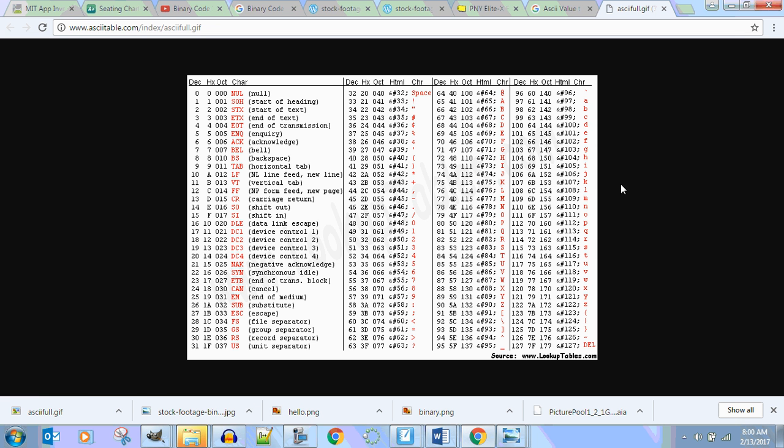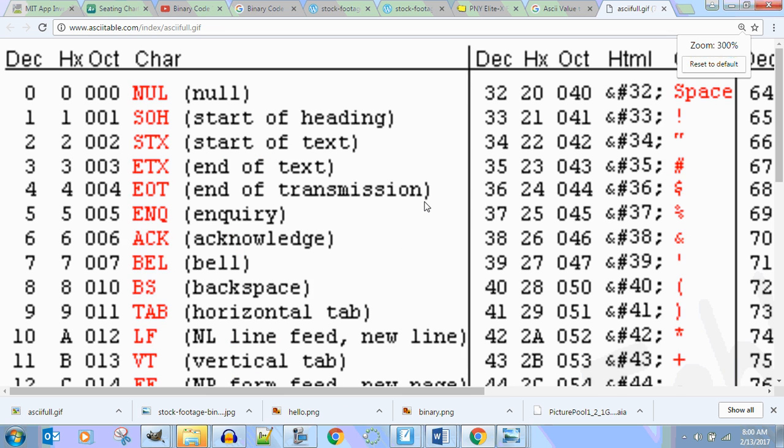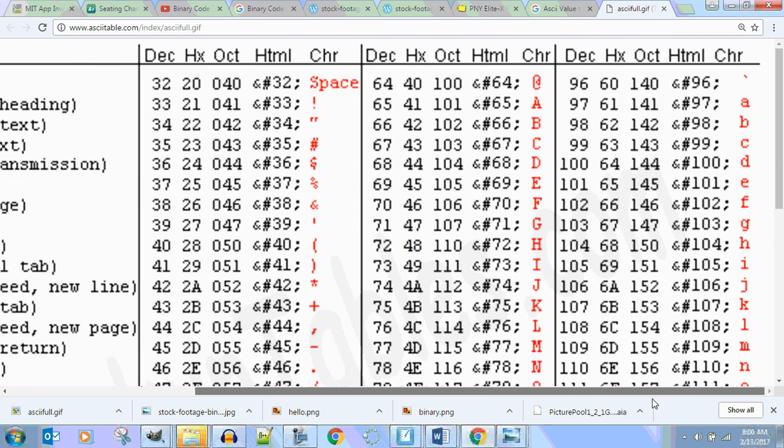All right, so let's learn how to read this. Can everybody read this? Okay, look. A capital letter A, does everybody see this? A capital letter A is 65. Do you see that? A capital letter B is 66. A lowercase a is 97. Lowercase b is... Now, do I want you to memorize this? No. Okay? Look at this.